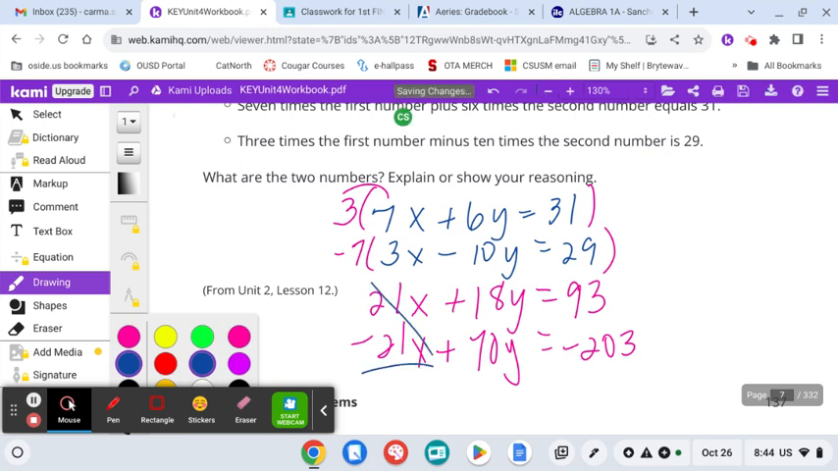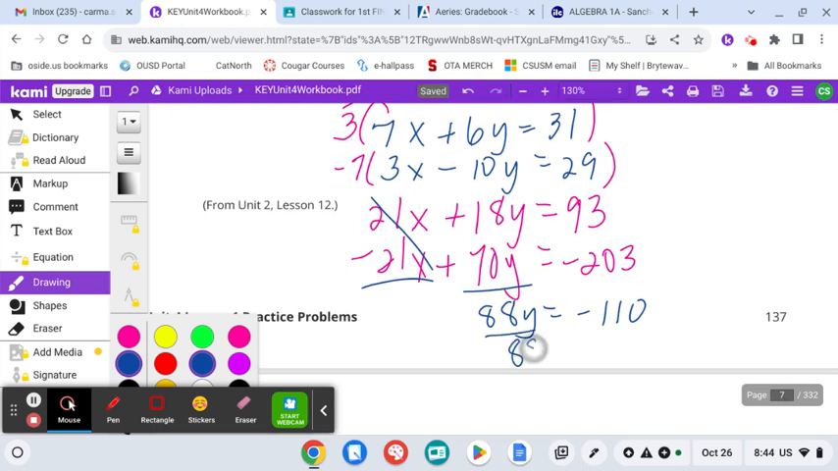70 and 18 makes 88. And -203 plus 93, getting -110. Divide by 88. I'm getting that y equals -1.25. And then when you plug that into any of the equations to solve for x, you can pick which equation you want to do,